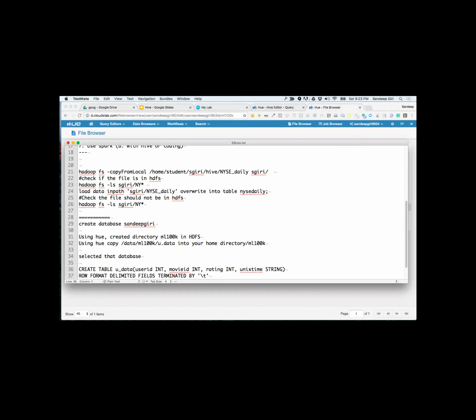Hive will fetch the data from the file whenever we select the data.